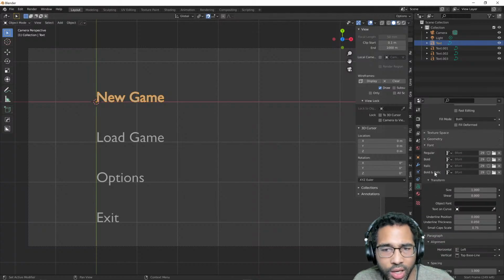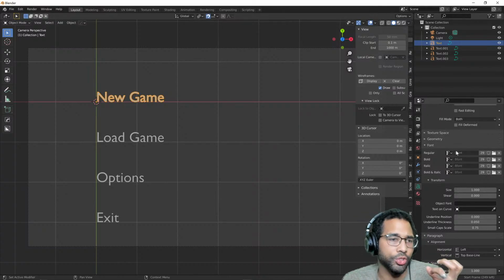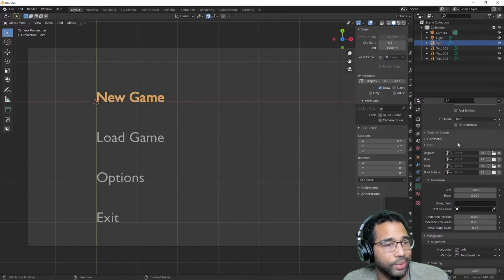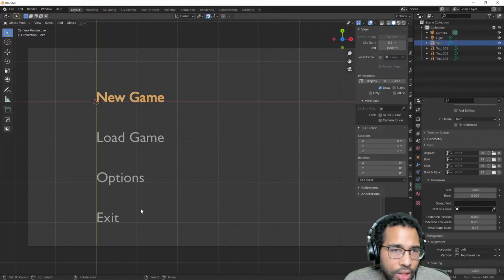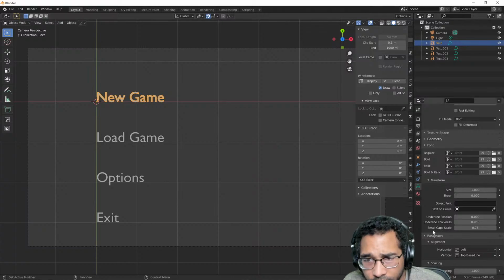And so don't worry about the fact that I'm doing this in Blender. This is stuff that you would work out in Photoshop or Krita or wherever you're generating your UI elements. And then what I'll demonstrate to you is what kind of animations we could do to these, to make it look more visually interesting and appealing. So if we have this,